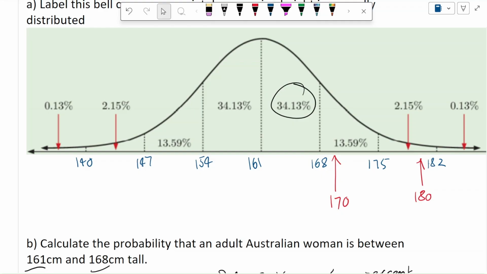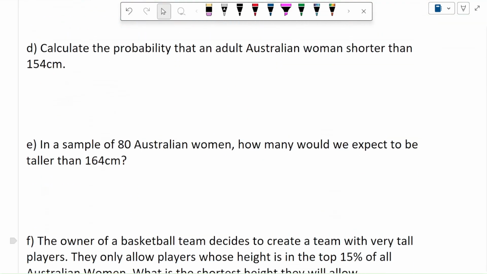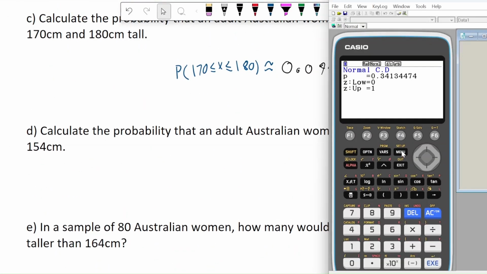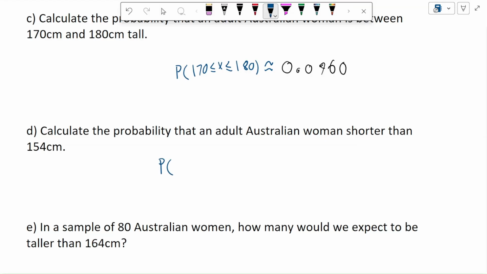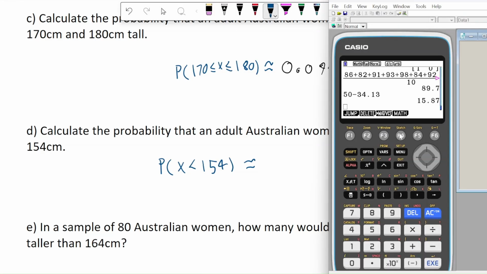Or we could imagine that it's 50% to the left here. So it's 50 take 34.13. If we want, we can actually work that out. We'll go into the normal calculator, 50 take 34.13. So the probability that x is less than 154. The question says shorter than, so we're going to use a strict less than sign, but it doesn't really matter because the probability you're exactly 154 centimeters is actually 0. So we're just going to work that out,